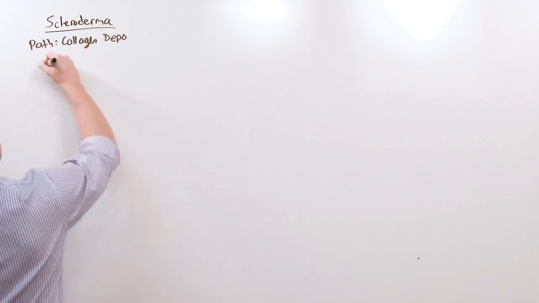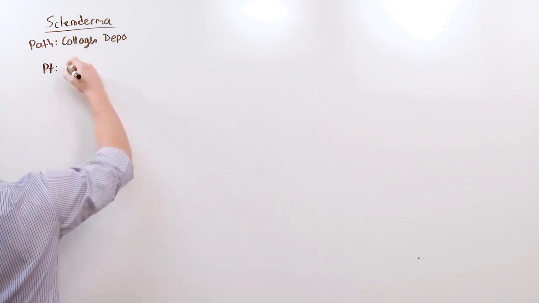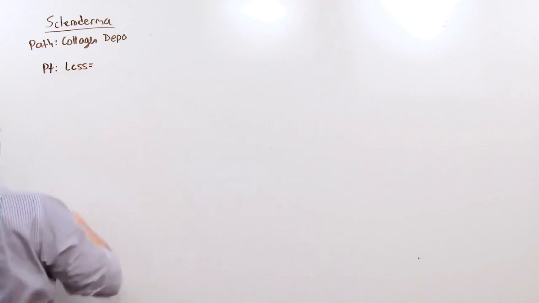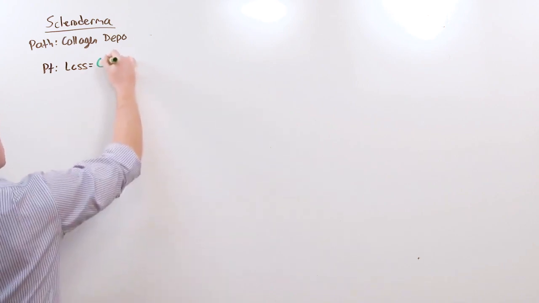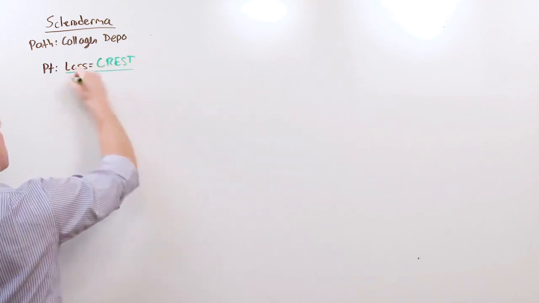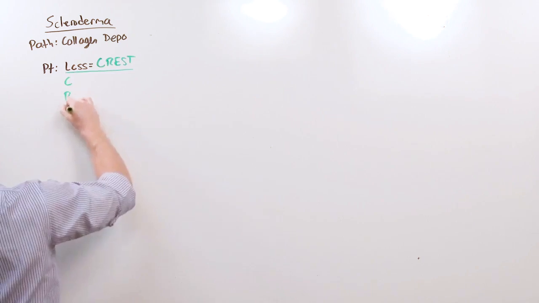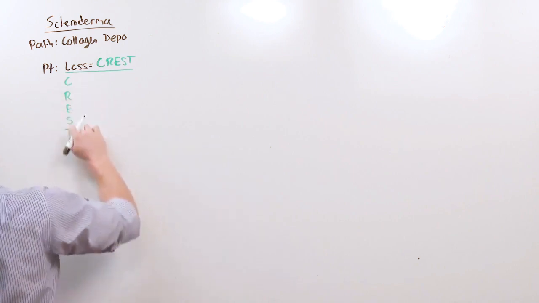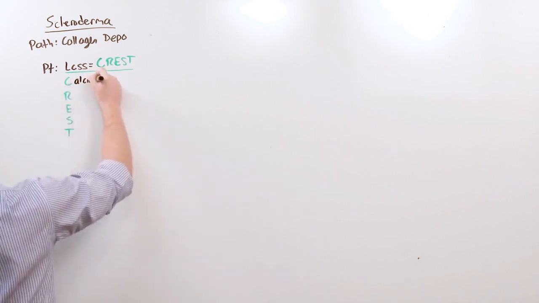There's going to be 2 presentations. What's called limited cutaneous systemic sclerosis, which I'm going to call CREST. They are, in fact, different diseases, CREST and limited cutaneous, but I want you to learn it as the same disease because there's very little difference between the 2. And it stands for CREST, calcinosis,